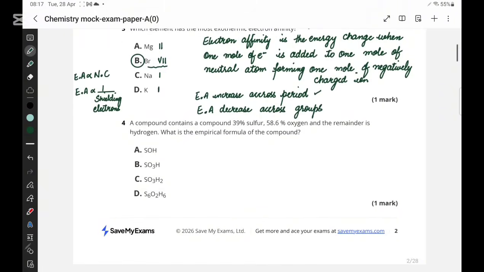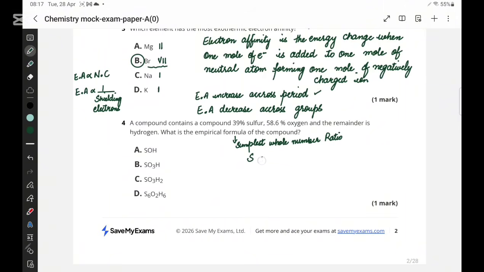Then a compound contains 39% sulfur, oxygen, and the remainder is hydrogen. What is the empirical formula of the compound? Empirical formula is the formula which shows us the simplest whole number ratio present between the atoms of a compound. And if we want to find out what is going to be the empirical formula,